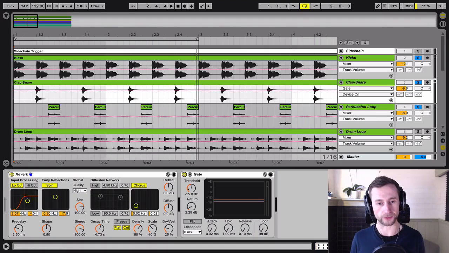So as I said, we've got threshold. The floor control determines by how much the signal below the threshold is reduced. So at the moment it's being made completely silent. At that point it's being reduced by minus 17.3 dB, and if you bring it up to 0 there's no reduction whatsoever. So let's bring it down so it makes it completely silent underneath the threshold,